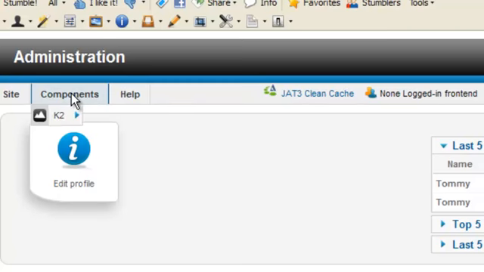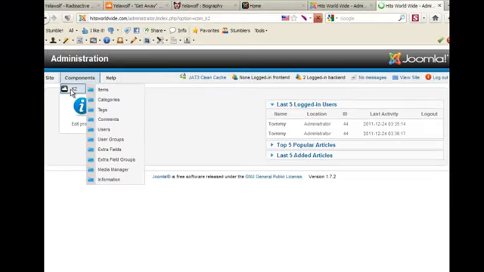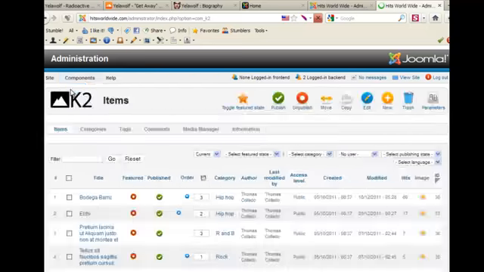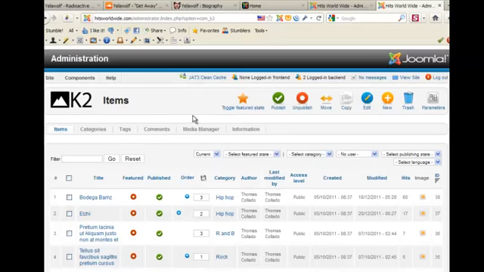and the component that takes care of the articles on the website. So to write an article, just click on K2. That's the name of the component that takes care of the articles, and it's going to bring you to a list of articles. Writers can create articles; they cannot delete articles. So to create an article, basically,